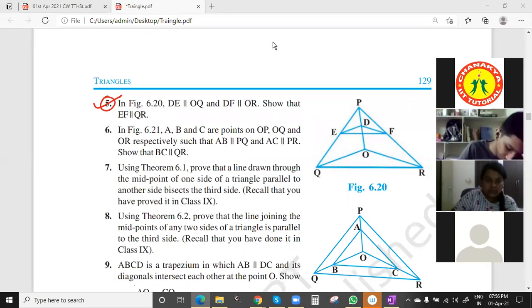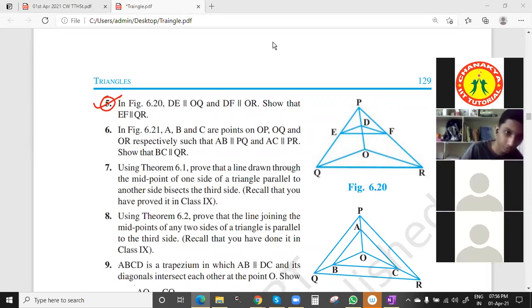That was also easy. We take one point E dash, so we assume D E dash parallel to BC. Accordingly, we write the ratios of sides based on theorem 6.1. Then with the help of the given condition, we can conclude E dash will be the same as E, or E dash will coincide with E. So we can say DE is only one line, or E is only one point. So DE is parallel to BC. So 6.2 is based on those two theorems. We'll see from 1 to 5 the fifth question, then we'll move to the next questions.